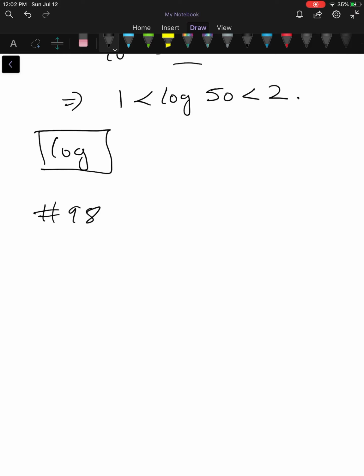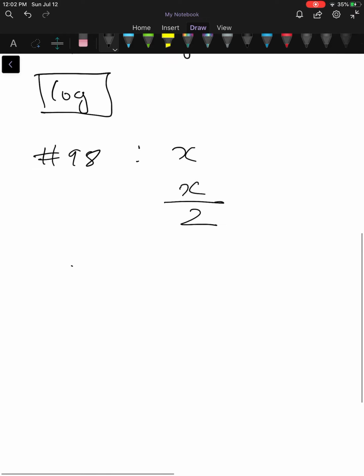This is problem number 98 in your book, which says a certain strain of bacteria divides every 3 hours. So if you have X bacteria, every 3 hours it is divided and becomes X by 2. If a colony is started with 50 bacteria, so the starting number of bacteria is 50,